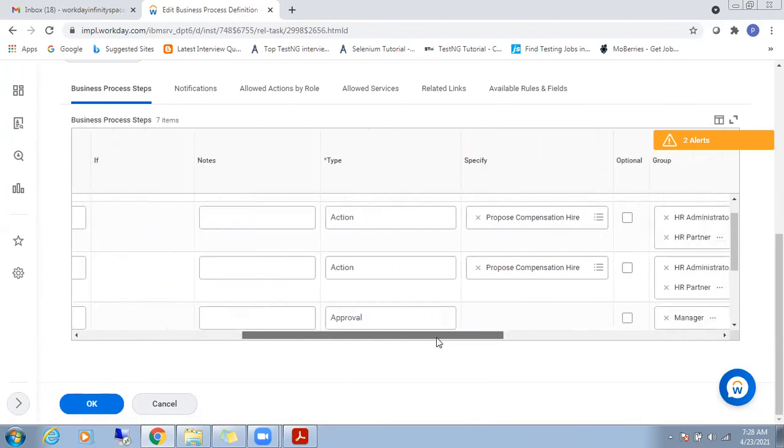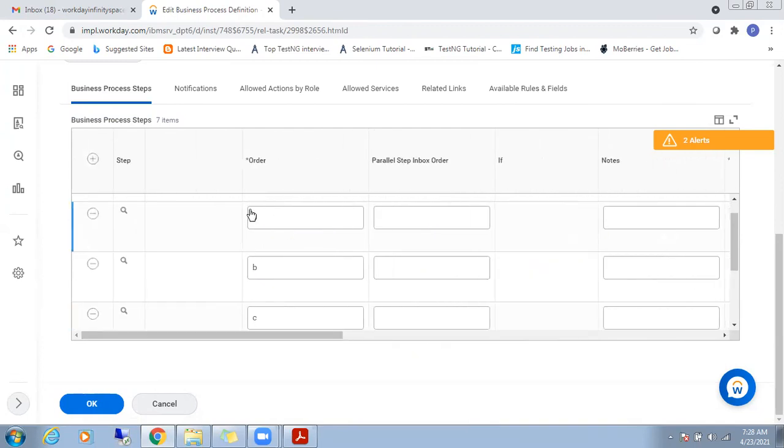What is the order of execution of these steps? First initiation. There are two steps here, B. Yes. So what will be the order of the execution of the steps? B.